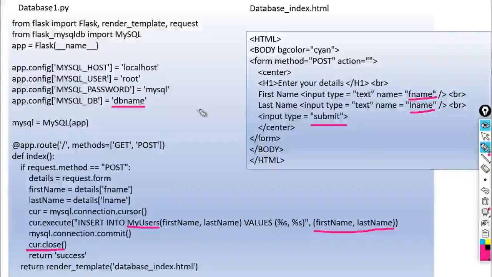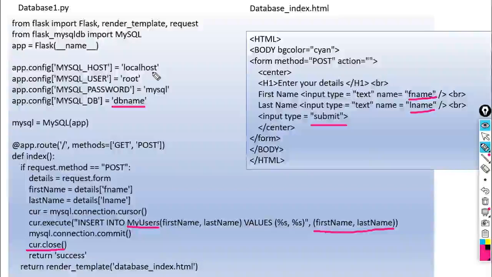Look here, what is different, what are the new things within this type of script? Here first we set the relation with MySQL, then we write the Python script. In this we are going to use the POST method, so we write request.method is equal to POST.